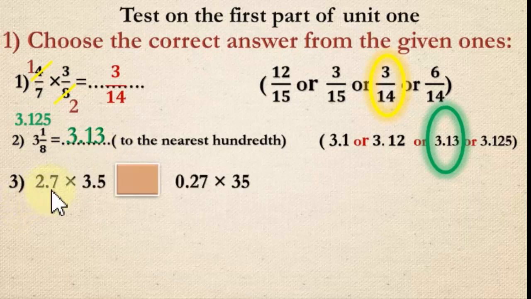We have 2735 and here we have 2735. So when we get the product, the decimal point will be after 2 digits. So the value of the product of these numbers, the decimal point after 2 digits. What about the value of 0.27 times 35? The decimal point after 2 digits. So well done, equals